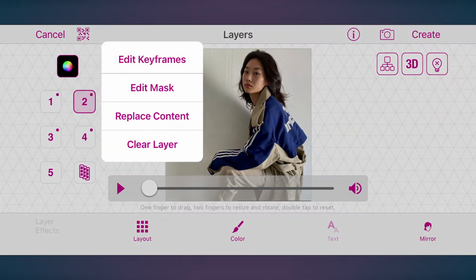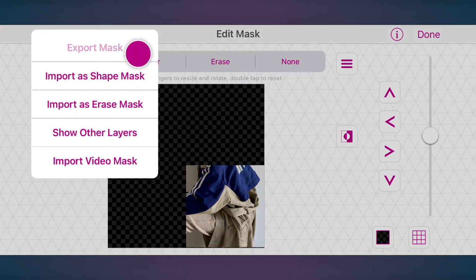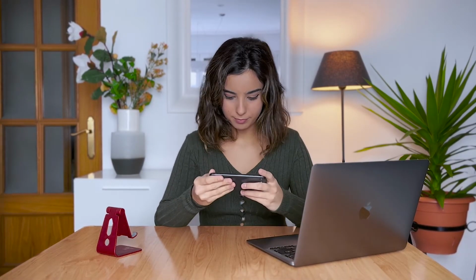Once each mask location is set, feel free to save the mask for future use by tapping the menu and export. Layer 2 will just decrease in size, while layers 1, 3 and 4 will rotate apart from that. The layers that rotate will transition into a different picture. Here's how to do that.